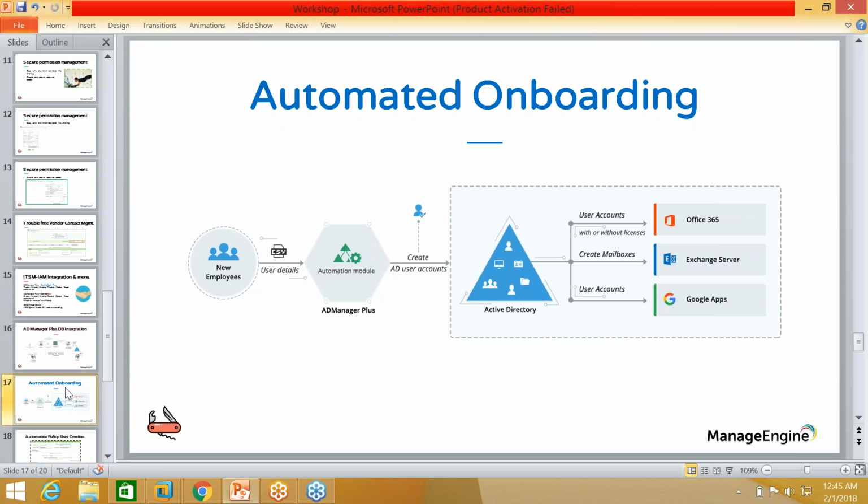So manually doing it does come with a lot of challenges. One, the amount of work that you have to do. Number two, the errors that could probably creep in because you're doing it manually. So to get rid of all that, to get rid of the usual flow that we follow for user provisioning